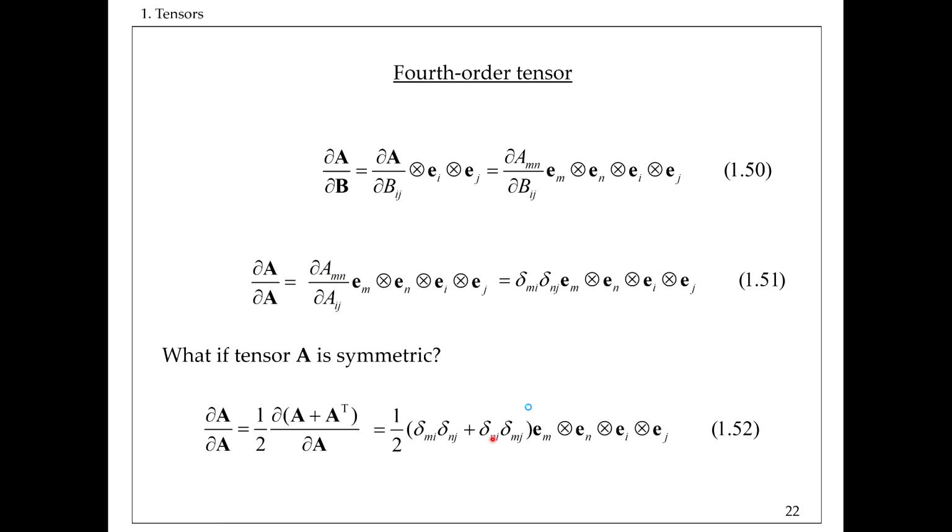So m and n, you can see that they change their location here, so we have different delta ni and mj,